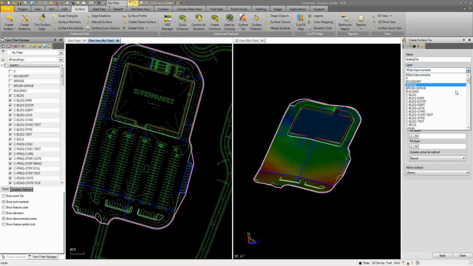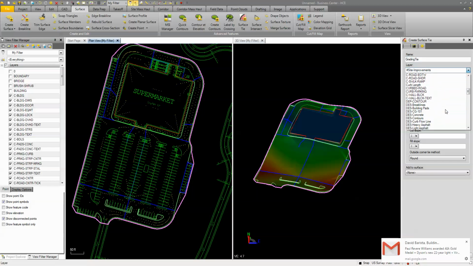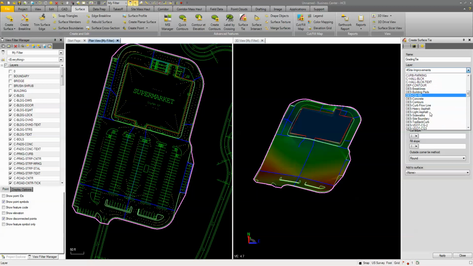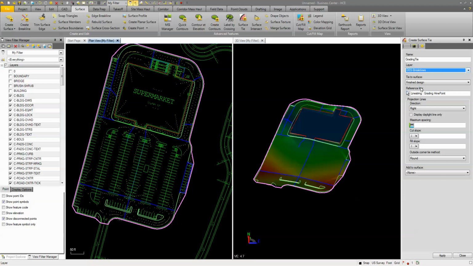We're going to put that on, we could put on another layer, let's just put it on this design break line layer. We're going to tie to the original ground. We want the direction to be to the left. We'll put a 25 foot in here, 1 foot in cut, 2 foot in fill, and we'll add it to